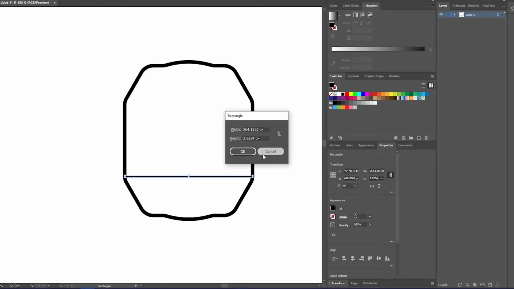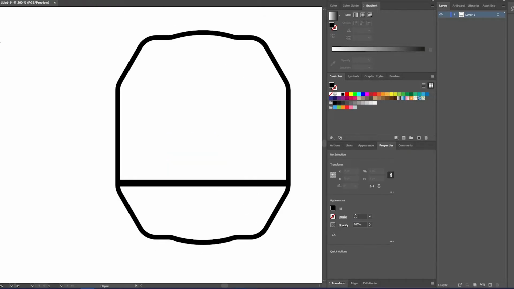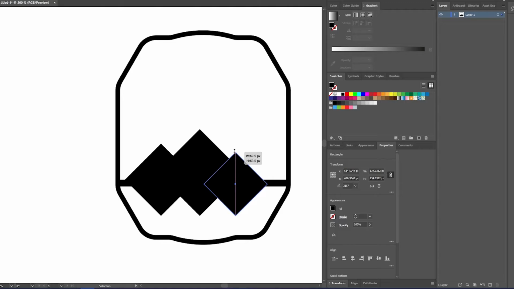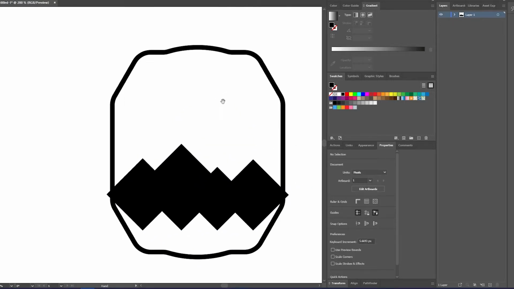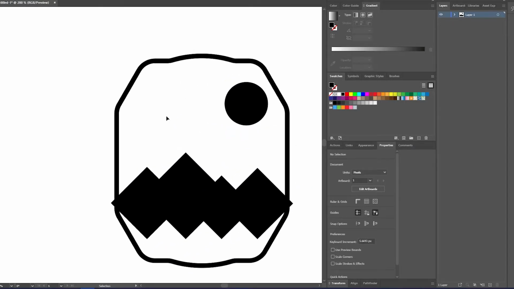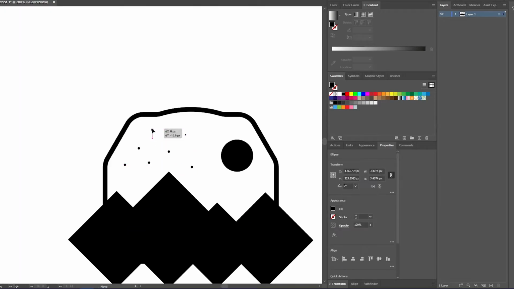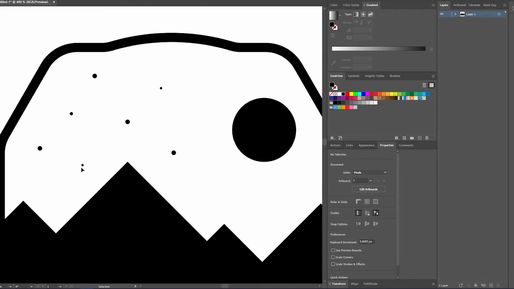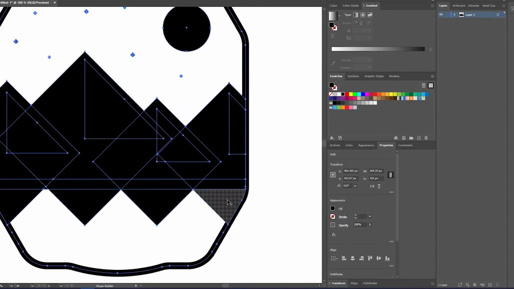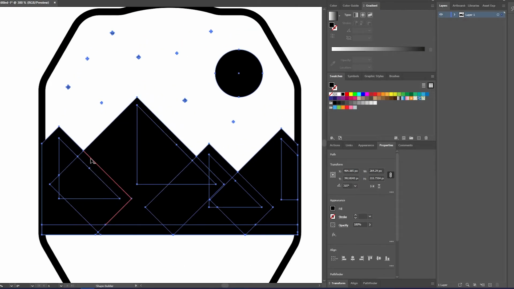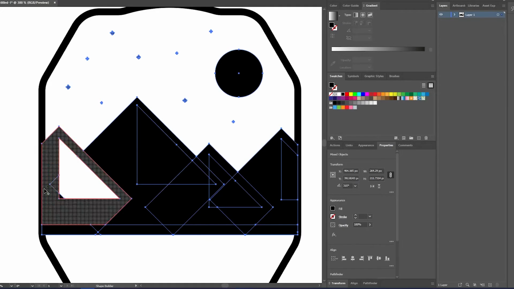So we're going to take this a step further and add some extra elements and then use the shape builder once again to refine a design. To do this, I'm just going to start by adding a series of shapes and just overlapping them and creating a rough layout as to what I want. And as before, once we have everything down that we want, we're going to select everything and then click on the shape builder tool and start removing elements and combining elements as we go along until we're left with something